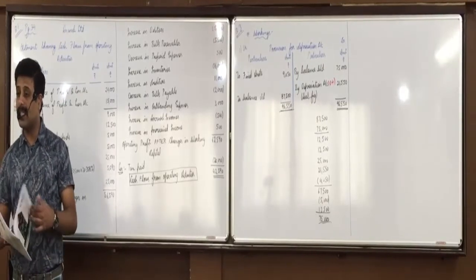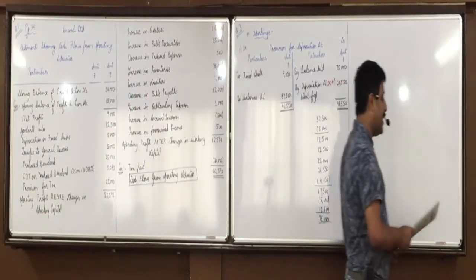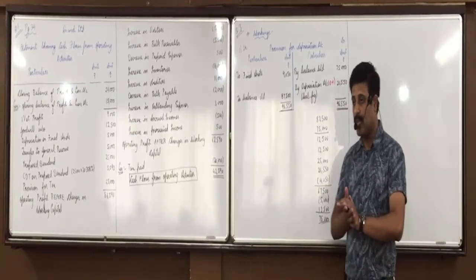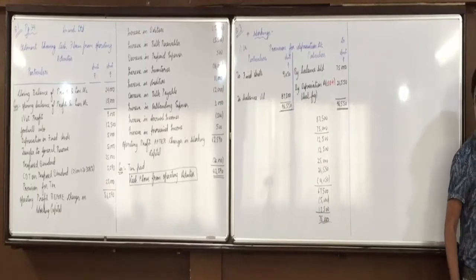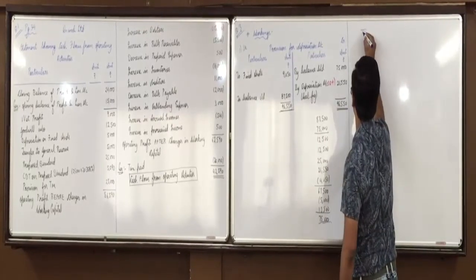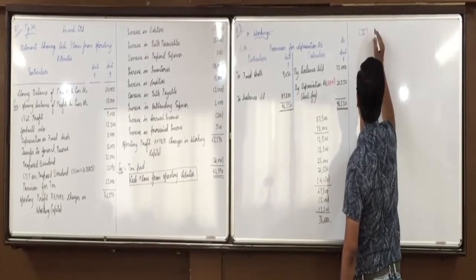So all of you are clear with this operating activities? Any confusion with this? Investing activities, we'll take up the concept today, and we'll start with the questions tomorrow. So in the summary, give the heading, second, cash flows from investing activities. Yesterday we had done the first one. Now second, cash flows from investing activities.